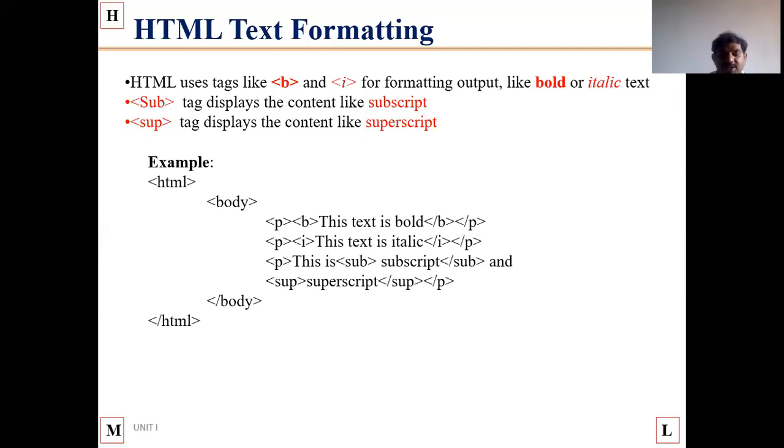This text is italic, closing with slash I and closing with paragraph. Paragraph, and I am writing here subscript, closing with slash sub, and I'm running the program.